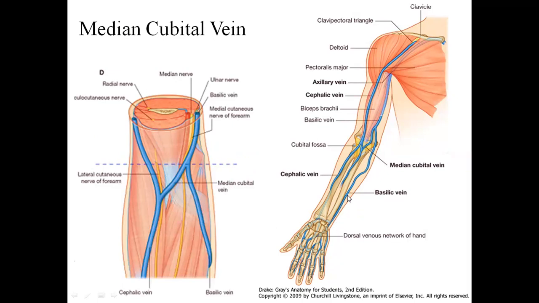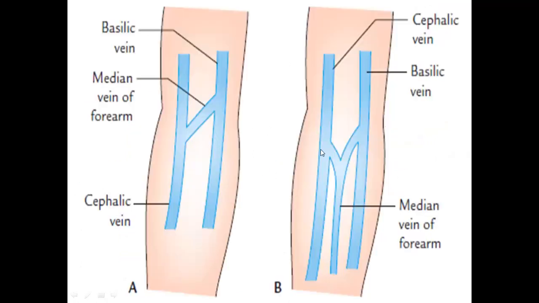Whereas the basilic vein is moving on the medial side of the forearm. It receives the median cubital vein. It moves on the medial aspect of the biceps brachii. The two venae comitantes of the brachial artery and the basilic vein, three of them, join and form a single unit to open into the axillary vein. So this is the summary of all the superficial veins that you should know.